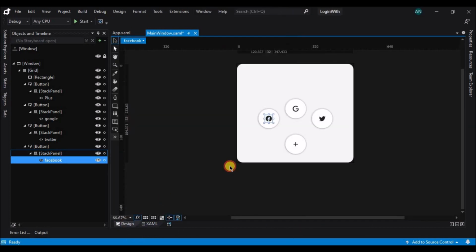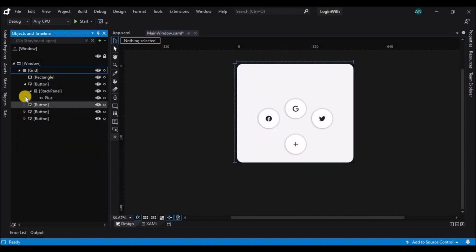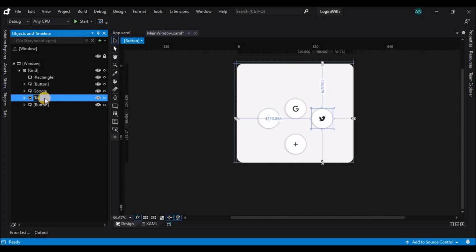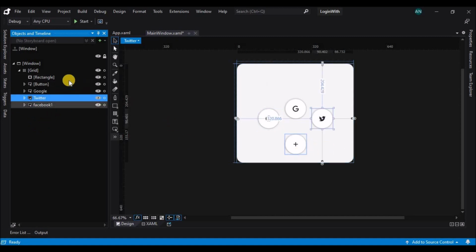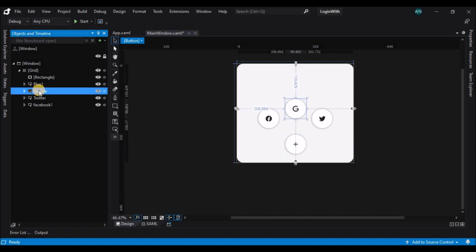So now that we are done setting the icons and the names, let's rename the buttons, minimize them and rename them accordingly. We will need one more button to show the close process.